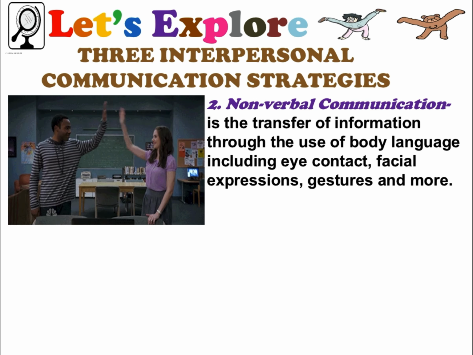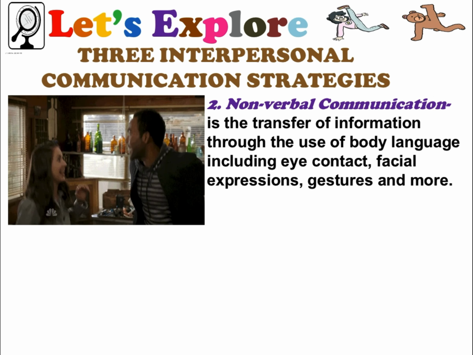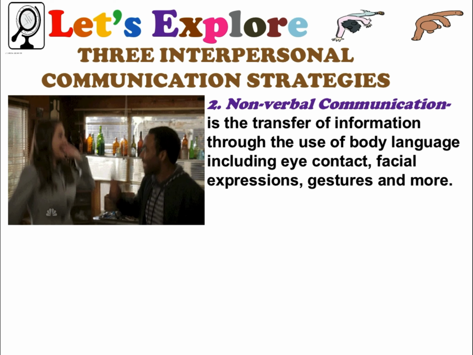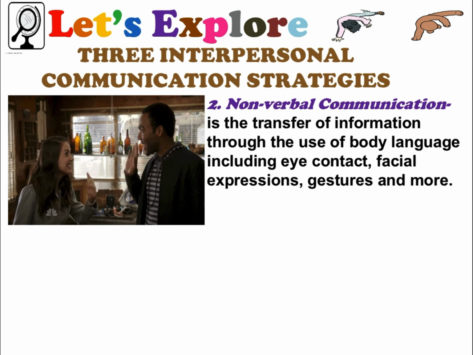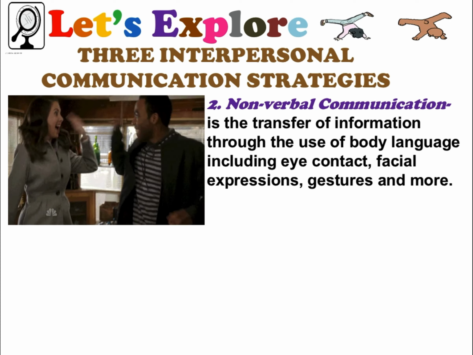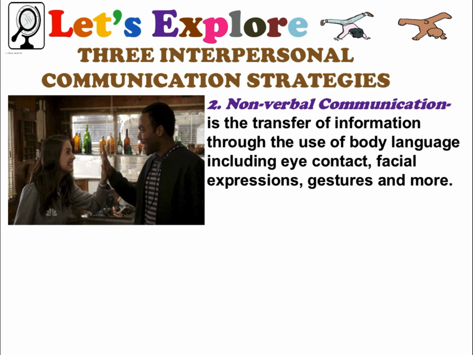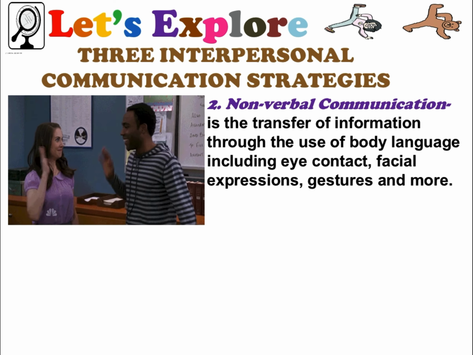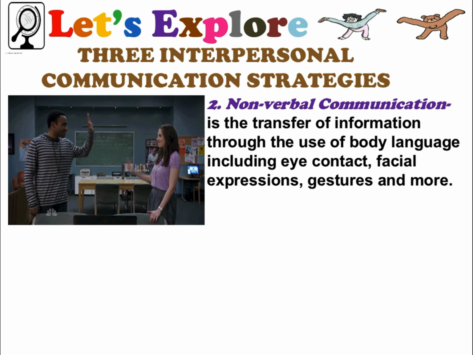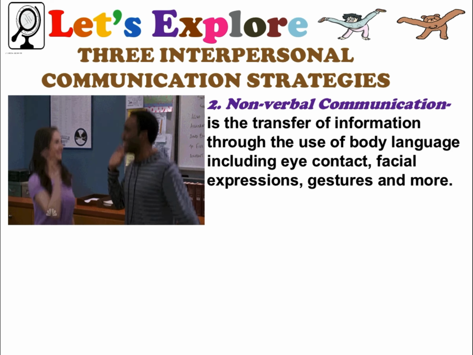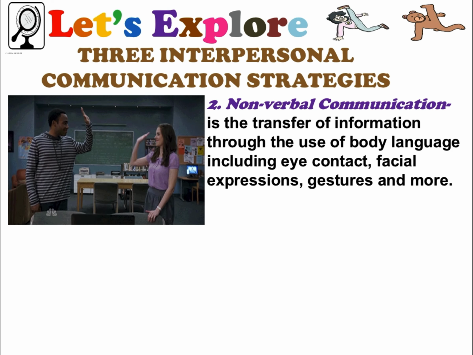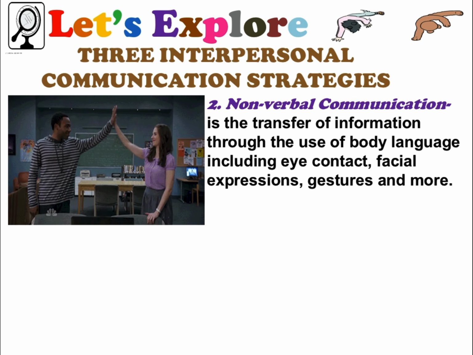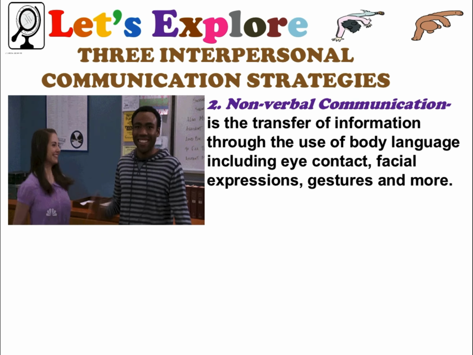It is the transfer of information through the use of body language including eye contact, facial expression, gestures, and more. It includes the use of social cues, kinesics or body language, proxemics or distance between the communicators, and physical environments or appearance, the speaker's voice, and touch. Example: